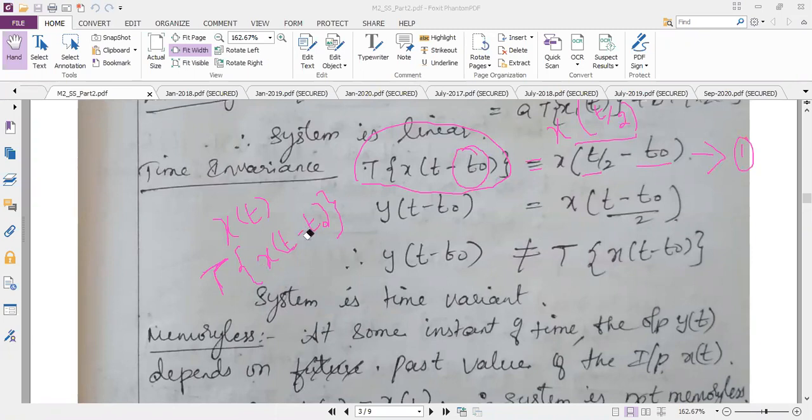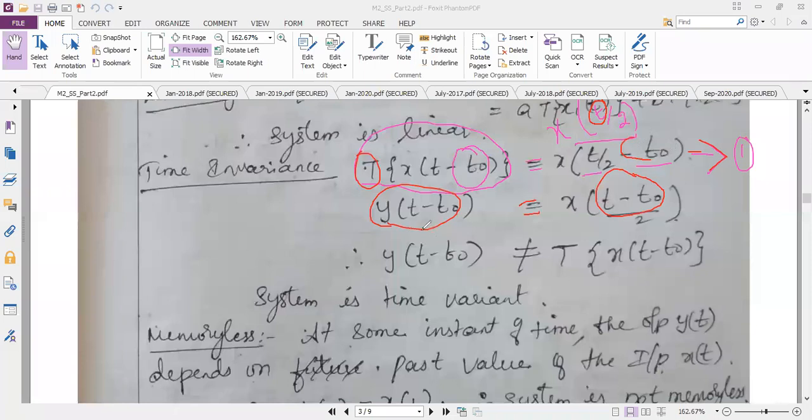So the next equation is, I am writing my output y of t minus t naught. So y of t minus t naught is completely different. How am I writing it? Wherever t is there in the question, the complete t should be replaced with t minus t naught. That is the difference between this t operation. The t operator will just introduce minus t naught.